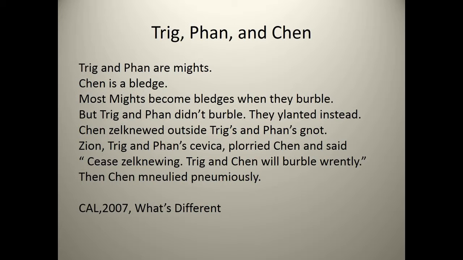Read along with me. Trig, Fan, and Chen. Trig and Fan are mites. Chen is a bledge. Most mites become bledges when they burble, but Trig and Fan didn't burble, they elanted instead. Chen zelnude outside Trig's and Fan's not. Zeon Trig and Fan Sevica pluried Chen and said, see zelnuing, Trig and Chen will blurble rently. Then Chen manulied